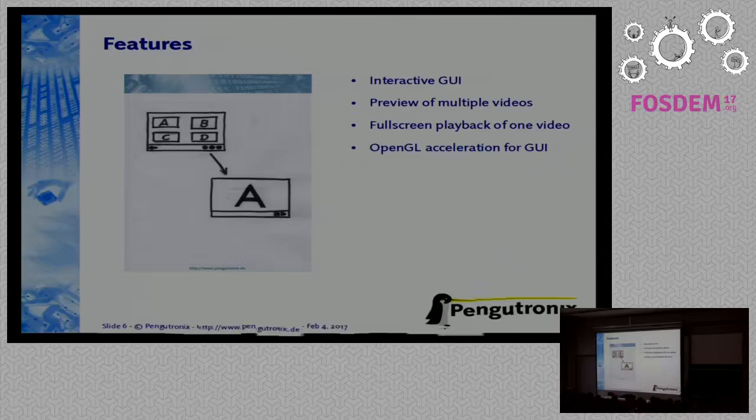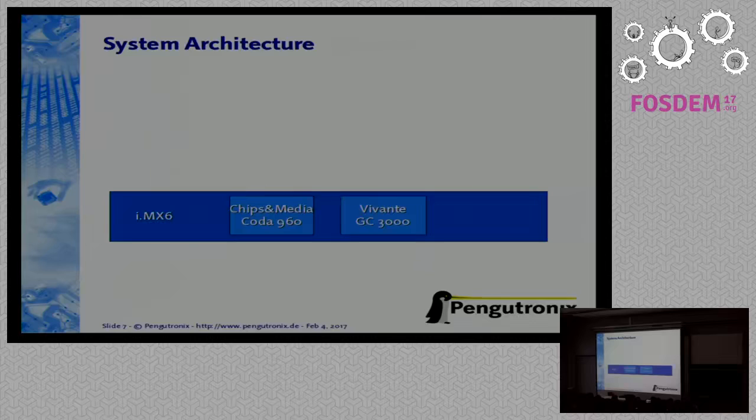So for the system, we are using an IMX6 SoC, which is built by Freescale. And the SoC features a Chips&Media video decoder and a Vivante GC3000 GPU, at least in the Plus platform. So if you're using something before the Plus variant, you have a Vivante GC2000 there. On top of this